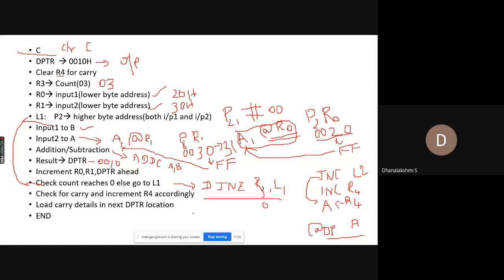Unmute and ask, no problem. If you have any doubts, ask. Because you are going to work out this program in the MCU IDE, the 8051 IDE. Now you are going to open it and work out this particular program, and you are supposed to come out with the result. You should get output. If you have any doubts in the detailed algorithm, ask so that you can work it out.